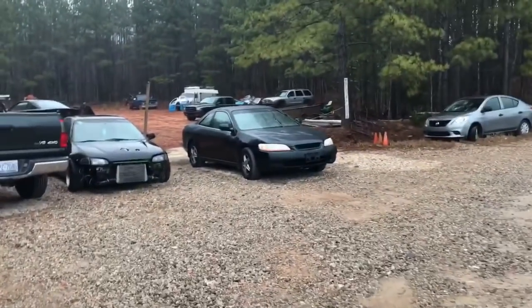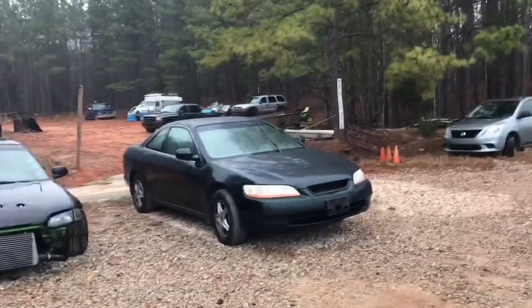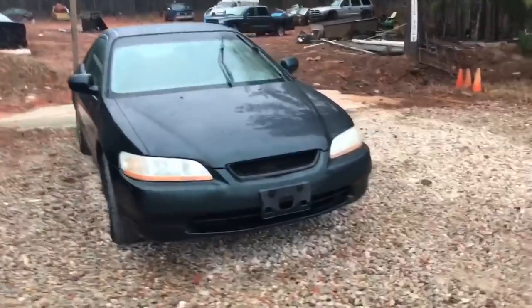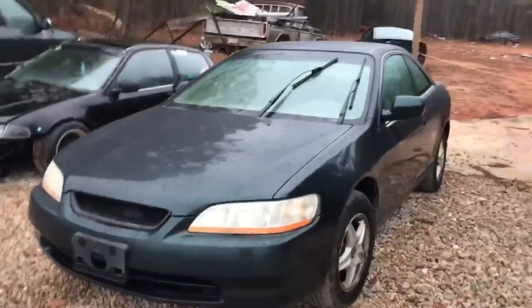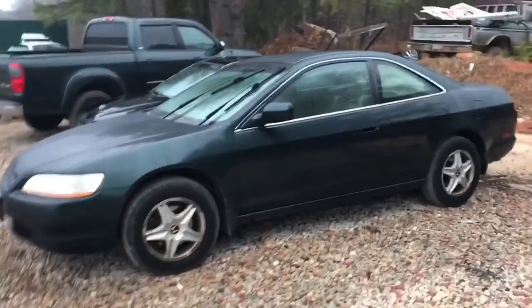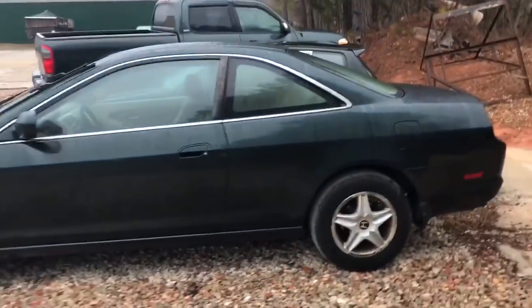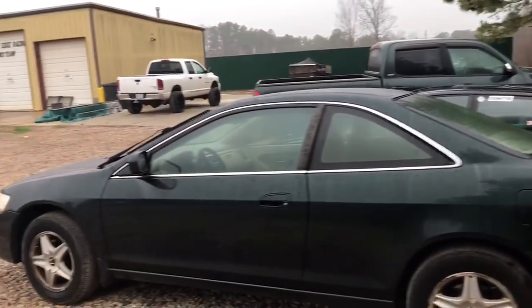Alright guys, so pretty much almost everybody figured it out in the last video what I was actually buying. It is an Accord V6 Coupe. That's a 2000 model. I never really liked Accords. I hate the wheels that are on this thing. I don't think they're original. It's in really good shape, but basically I bought it. It's an automatic, of course, too, but I bought it to be a daily driver,